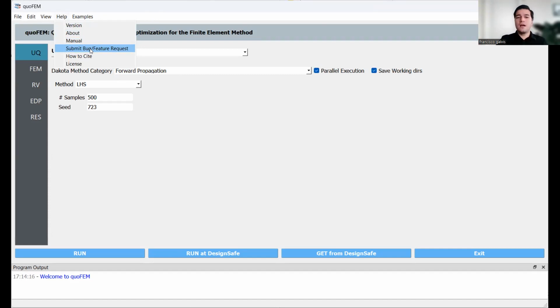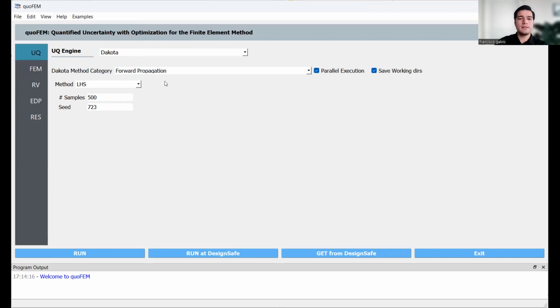Or maybe you have an idea of something that relates uncertainty quantification with structural analysis and you don't find a way to do it properly in quoFEM. You can submit that request, and most likely one of the experts from the SimCenter will get to it and will be able to include it in the next versions of the program. All right, so